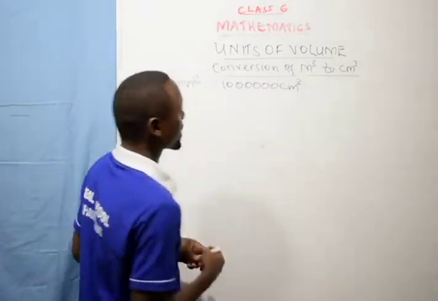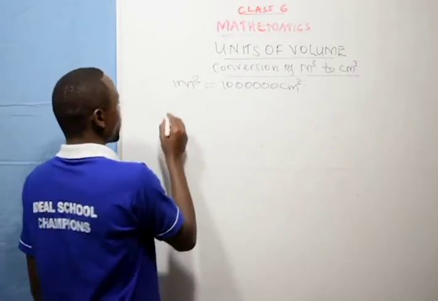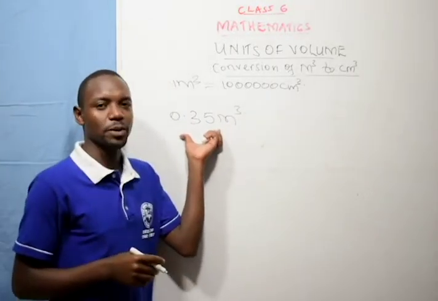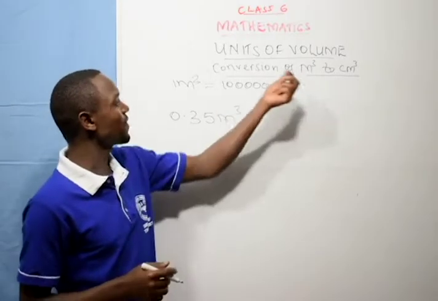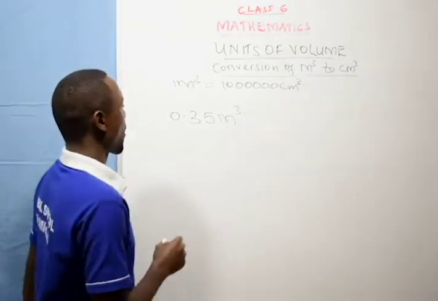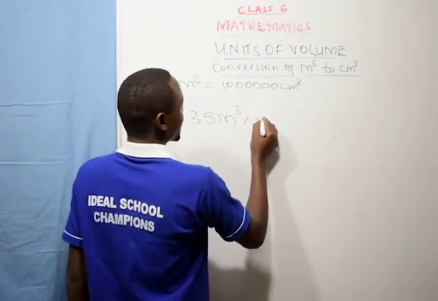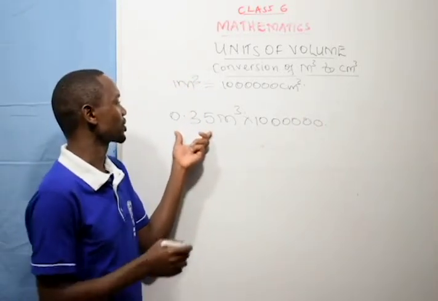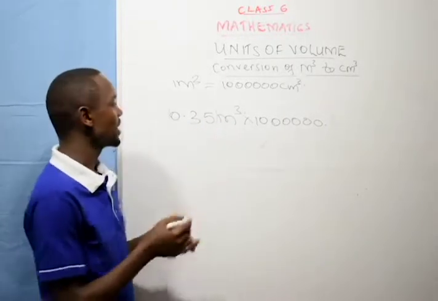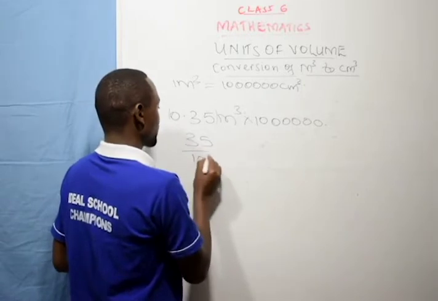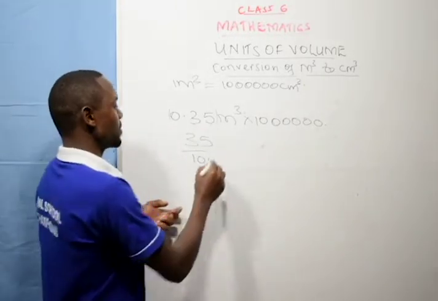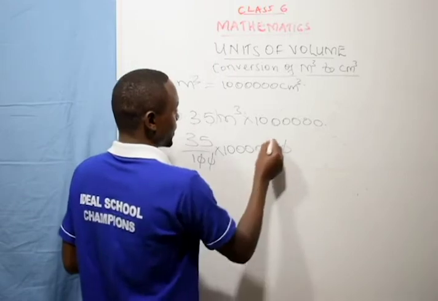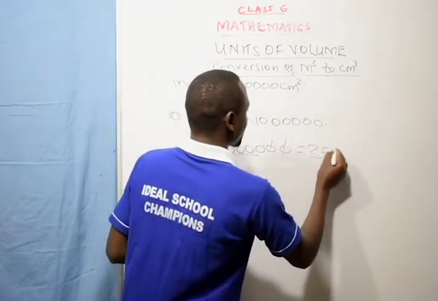What is the volume in cubic centimeters of a cube which has a volume of 0.35 cubic meters? Convert 0.35 cubic meters to cubic centimeters. We say that when converting cubic meters to cubic centimeters, we multiply by 1 million. So this will be 0.35 times 1 million. When multiplying decimals, we convert the decimal to a fraction. So what is 0.35 as a fraction? It will be 35 over 100, because it has 2 decimal places. Then multiply by 1 million. So we simplify by cancelling zeros, and we have 350,000